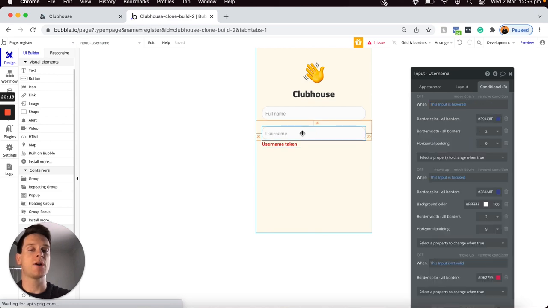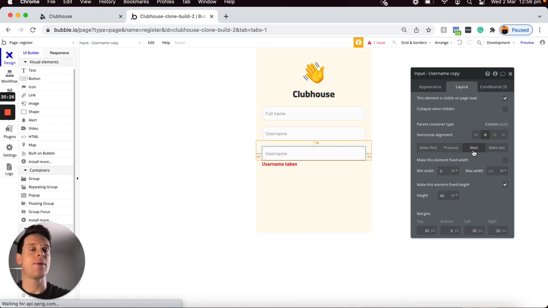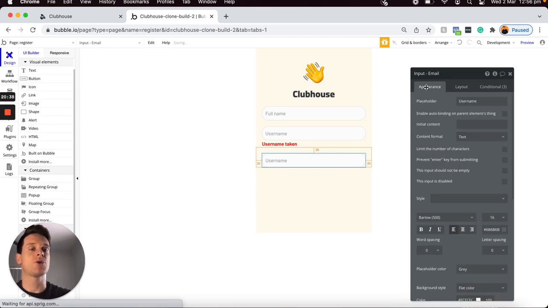And once again, to streamline this process, I'm just going to copy my existing input field here. If I jump to my layout tab, I can just move this down on my page by selecting the next option. And I'm going to update the name of this input field to be called input email. And because I'm registering a user's email address, I'm going to need to jump over into my appearance tab and